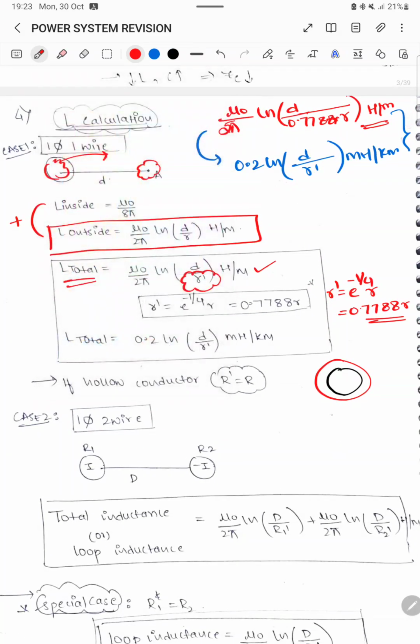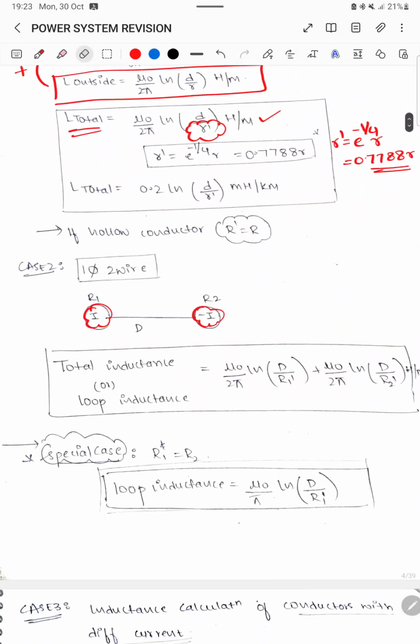Okay. Now case number 2, single phase 2 wire. In single phase 2 wire there will be one wire for the going conductor and one for the returning conductor. This is very important. If phase is 1 and wires are 2, the current should have two different directions. Otherwise, if it is something like I by 2, I by 2, and the direction of current is exactly the same, meaning the current is just getting divided, then it can be a bundled case. But since you have current in opposite directions, we can call it single phase 2 wire.